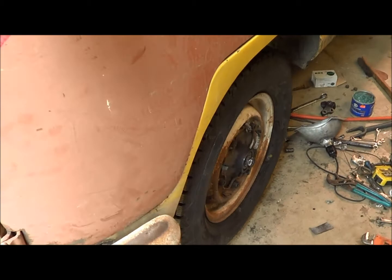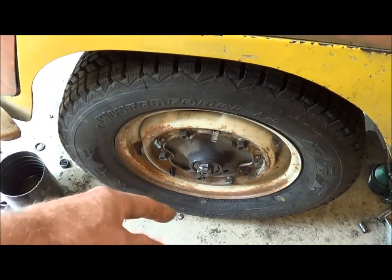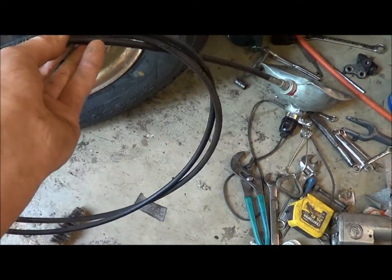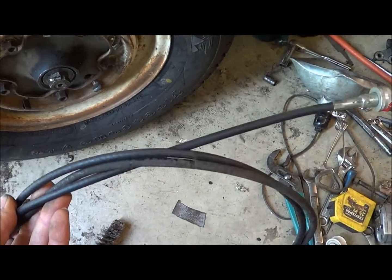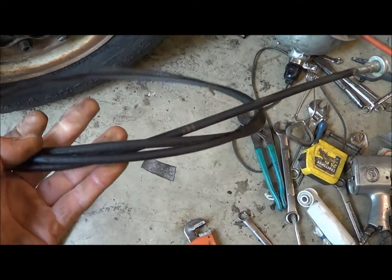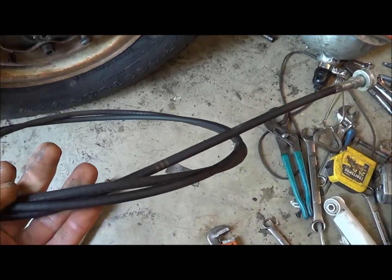Spins good, no click. I have an idea the clicking sound was the speedometer cable that was in there, so I scratched around and found one hanging on the wall. I got a cable, even rolled up, spinning one end, it spins freely all the way around. I don't know if it's a bus or not, but it appears to be plenty long enough, so I might put this guy in later, but for now,